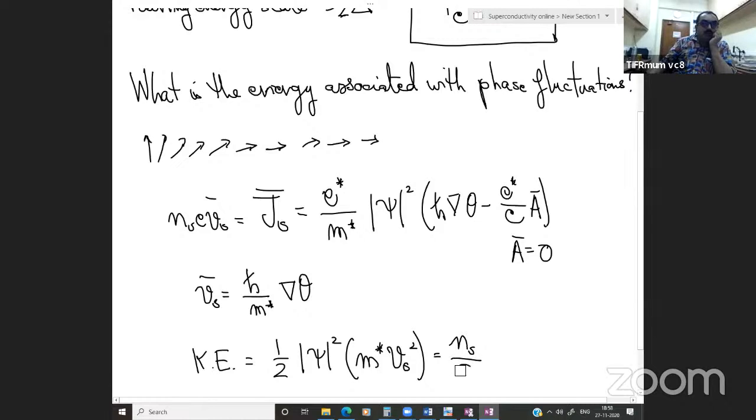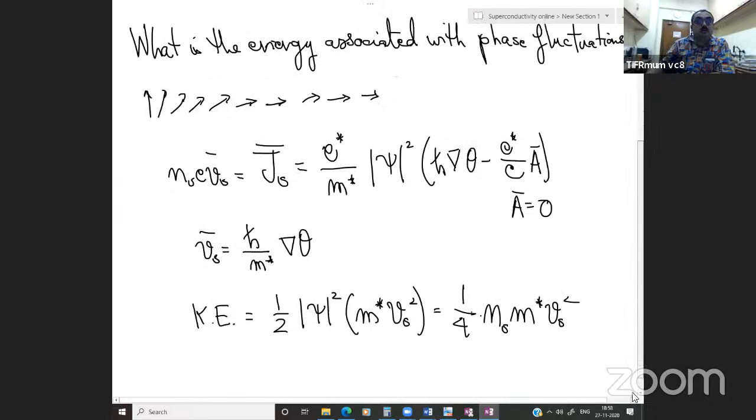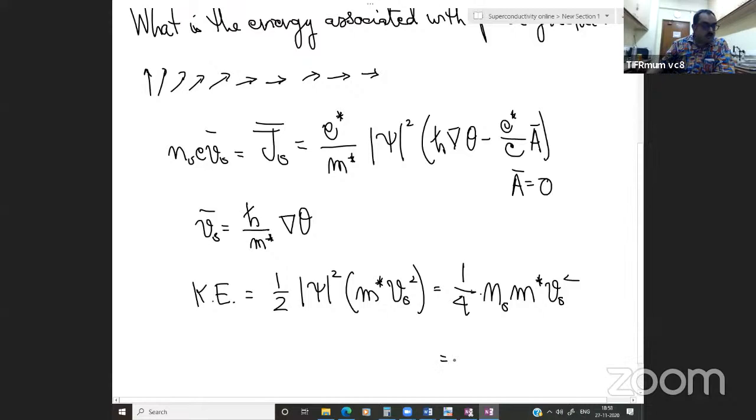So that means I will have, let's say, 1/4 Ns m star Vs square, and that will give me h cut square ns h cut square ns by